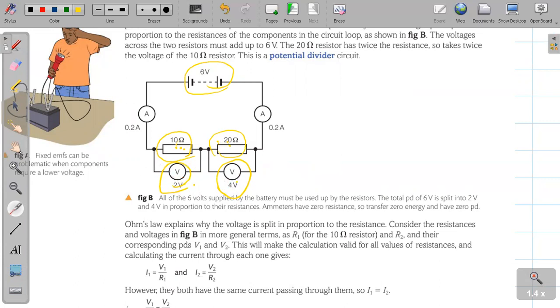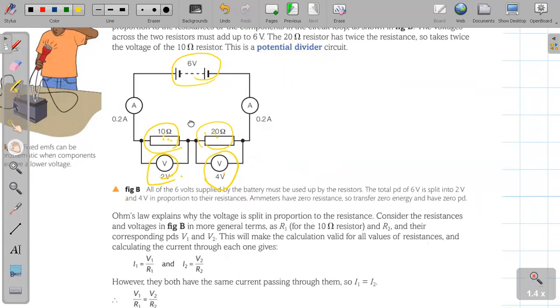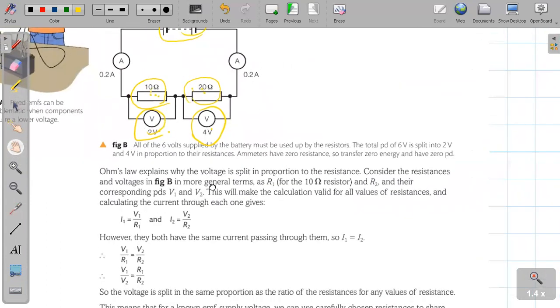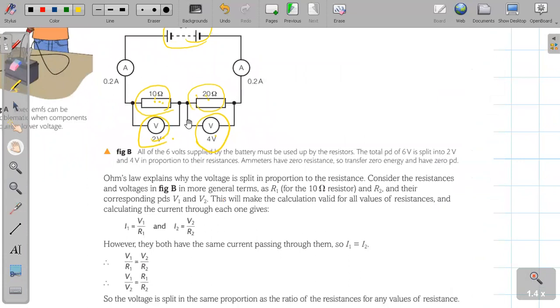So how do we get this? Do they get the same current? Doesn't it split? Same current, because there is no other path. They are in only one series path. They are in series. You may see these voltmeters,